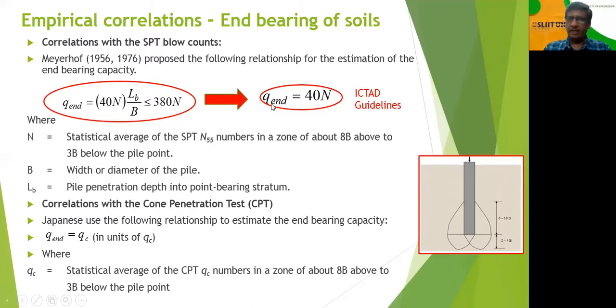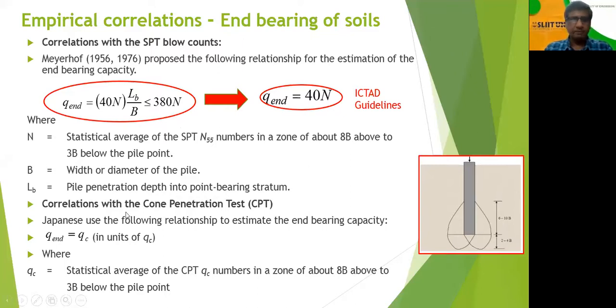And they say that the end bearing capacity is 40 times N, so obviously this value should be less than 380 N. In the ICTAD guidelines or CEDA guidelines, it is assumed as 1, so that's how we get the value of 1. So that is the empirical correlation we are using, and we will see later how that relates to